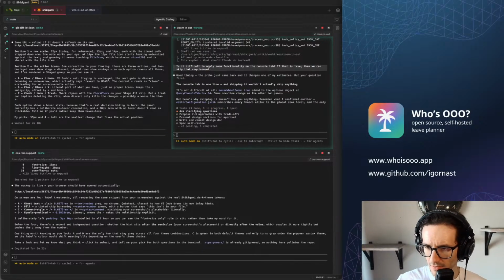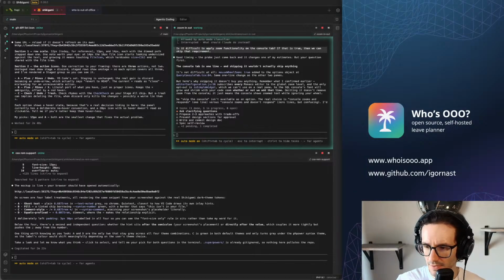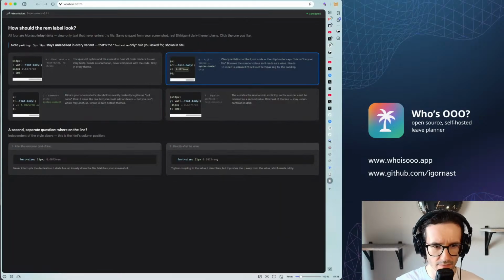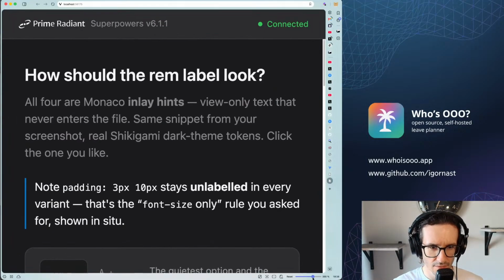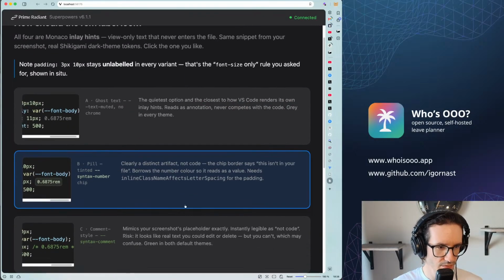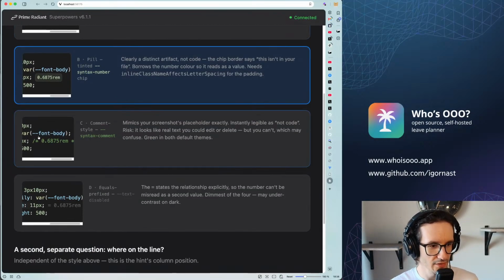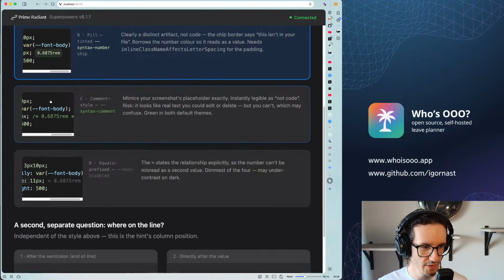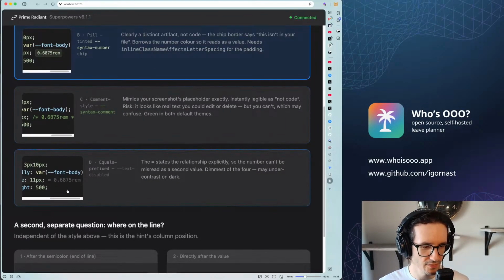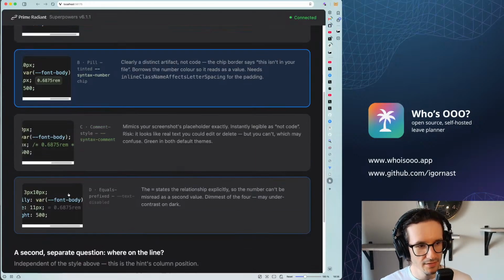Okay, and we have the REM label designs. Let me show you. So these are options. Okay, you should see it now. So I don't like the first one, as it looks like a comment, and as well this is a comment. The third option, the fourth option with equal sign, okay, could be, but